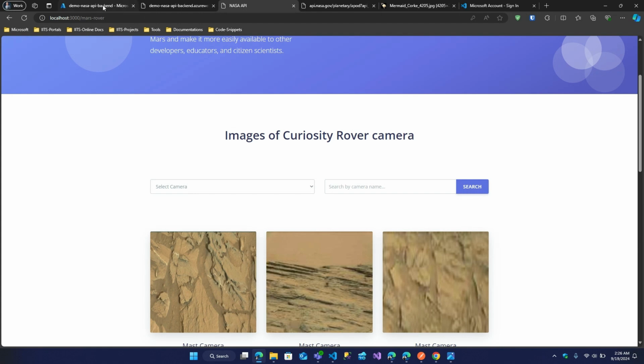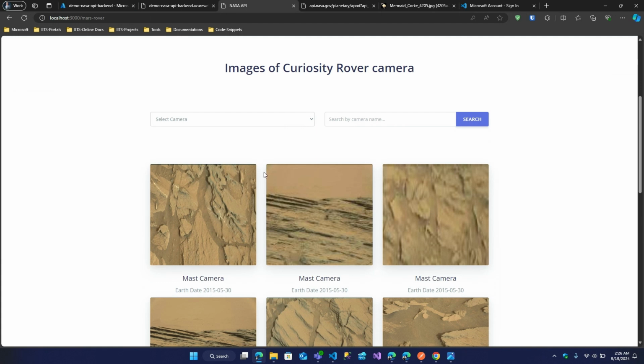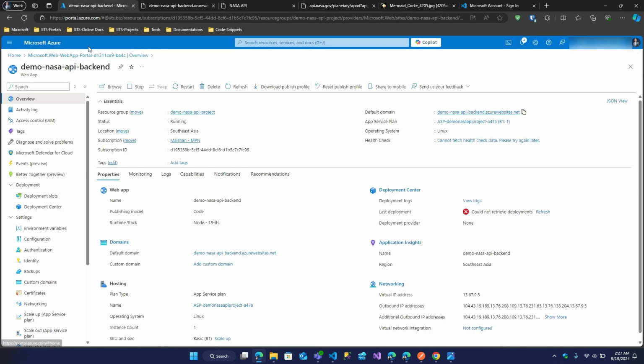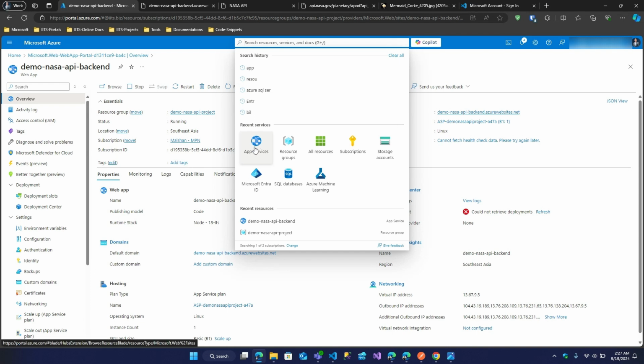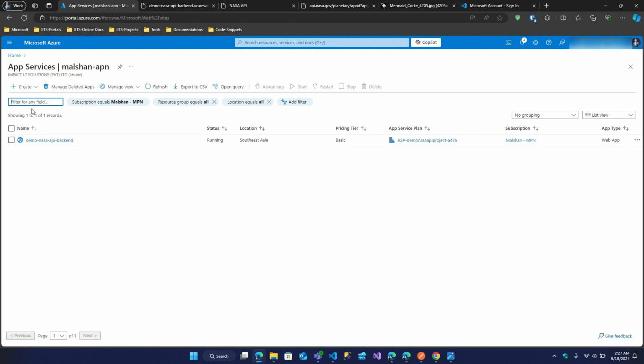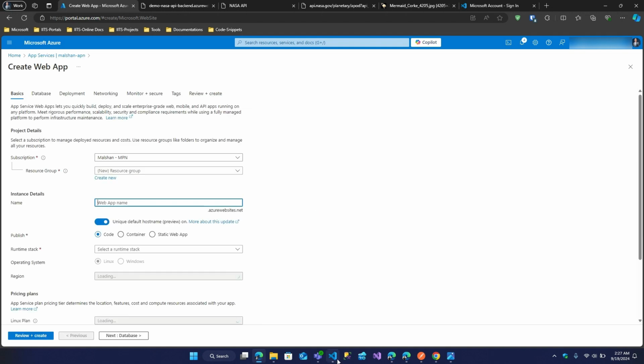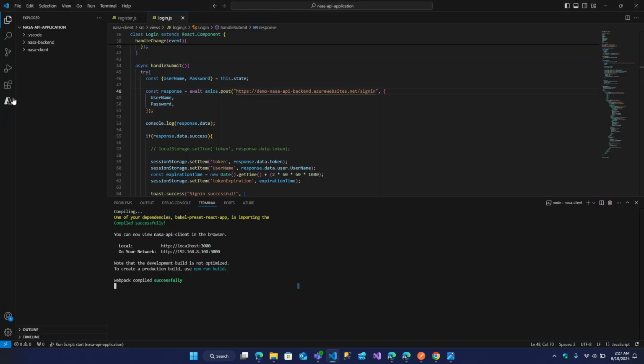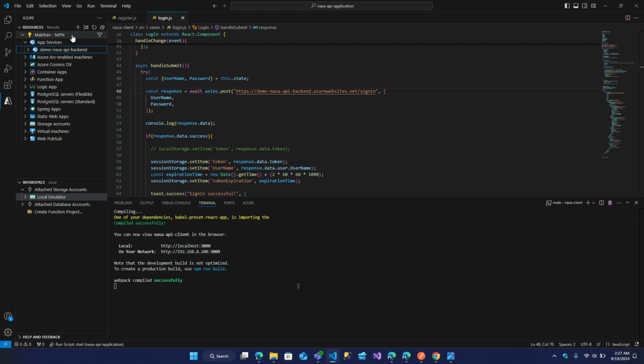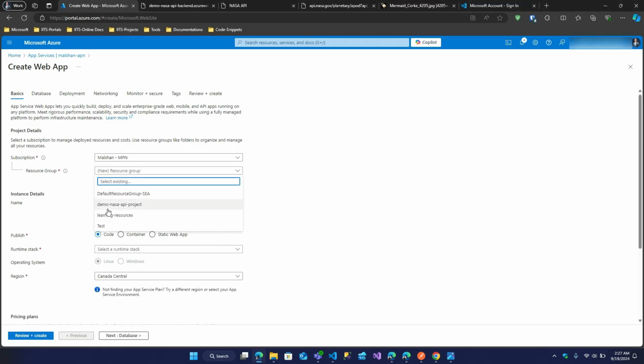Alright, now the last thing we have to do is to create another app service for our client application as well. So let's go over to our Azure portal, then search App Service. Then I will create a new web app service. As you can see here, I don't have any other app services here, and we will create under